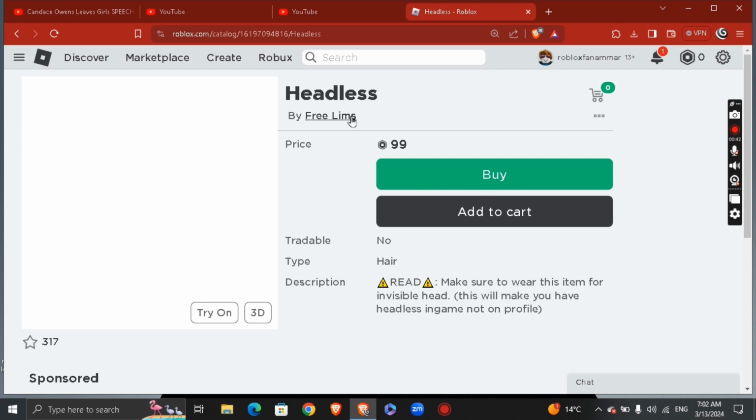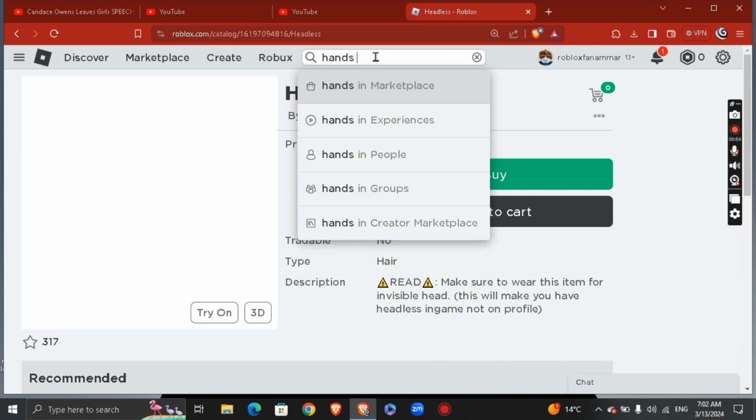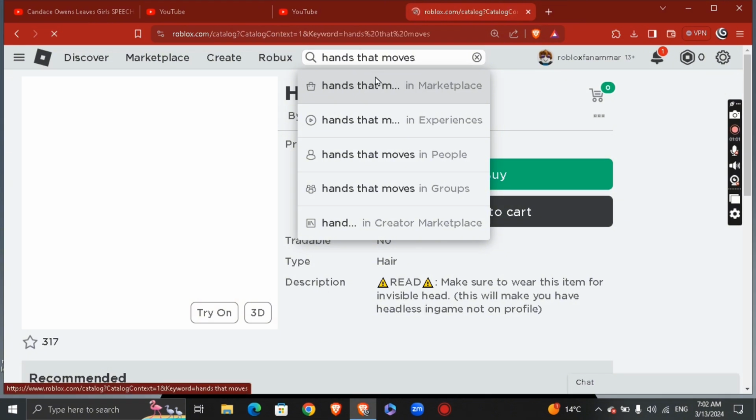or add it to your cart, right? And if you want to customize another thing, which is hands that move, right? So I'm gonna just go ahead right here and type "hands that move," right? And I'm gonna just search it in the marketplace, and basically what's gonna happen, you can just find it right